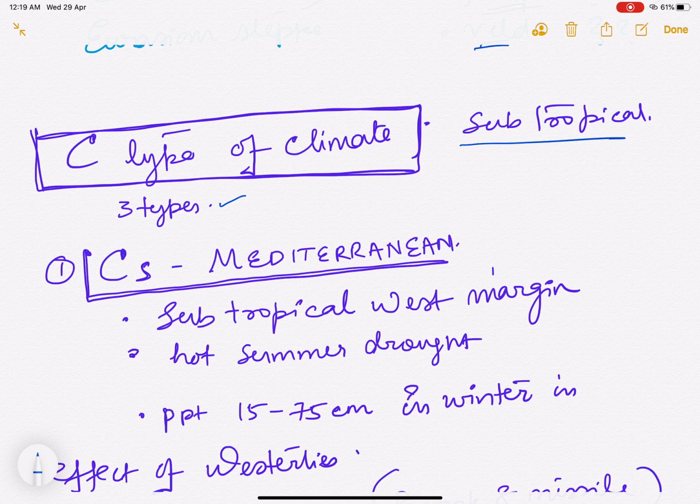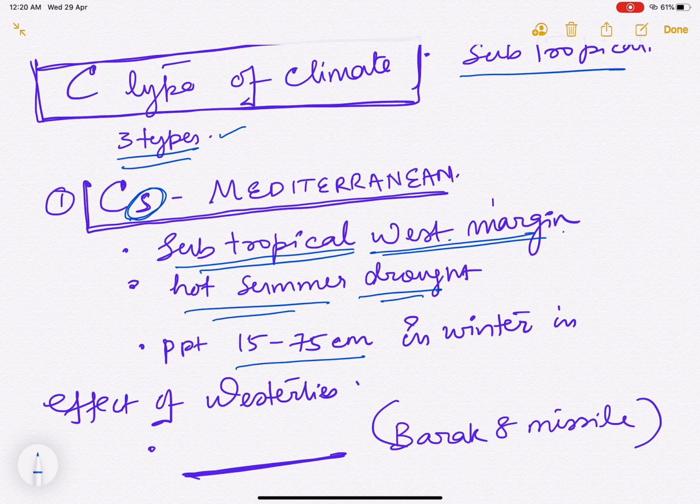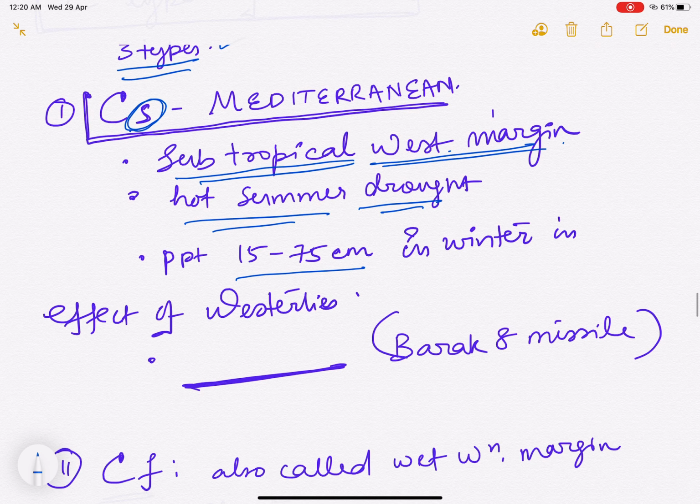Next, the C type of the climate is of the third category. It's the subtropical climate. Again, the C type is of three types. One is your CS. S means Mediterranean. The S symbol means that the summer is dry and in winter there is rain. So in the Mediterranean region, it is located in the subtropical western margin, with hot summer droughts and precipitation of 15 to 75 centimeter in winter in effect of the